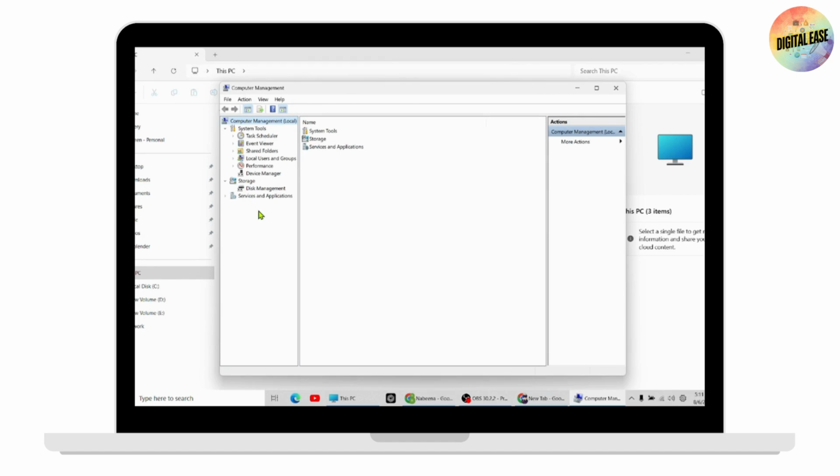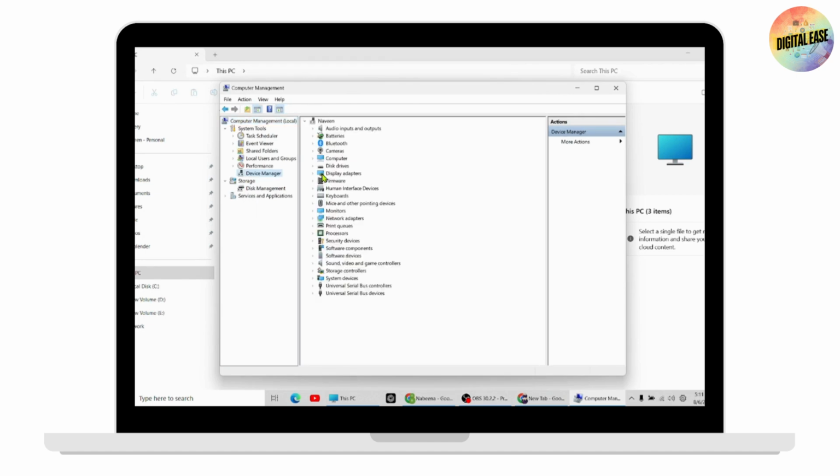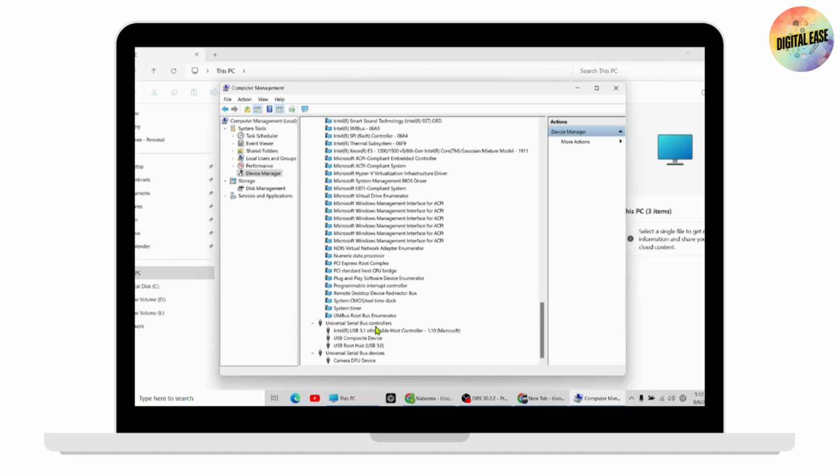Click on Device Manager, check all the installed devices list, and try to find any yellow triangle icon on the driver from the list. So simply check that if you have the yellow icon. So there is no driver issue yellow icon found in this PC, but if you find any driver with a